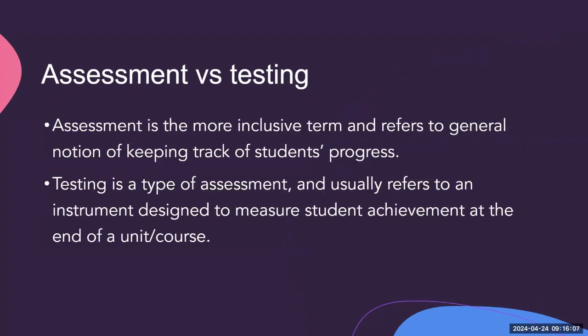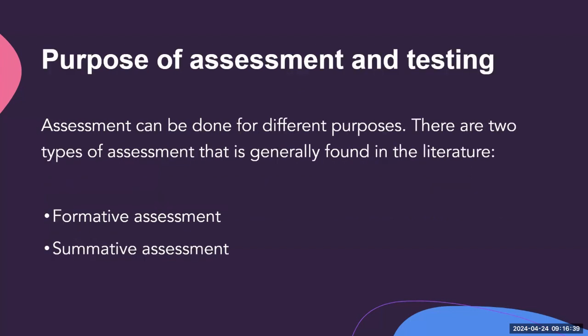And we know then that assessment is a more inclusive term and refers to the notion of keeping track of students' progress, whereas testing is a type of assessment and usually refers to a tool or an instrument that is designed to see if students have achieved what those specific learning outcomes for that specific session were. But there are also different types of assessment. We have formative assessment and summative assessment,